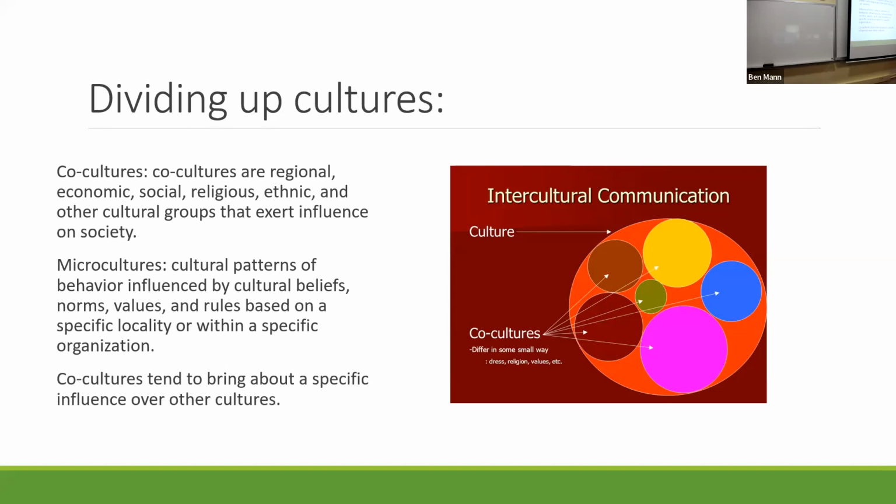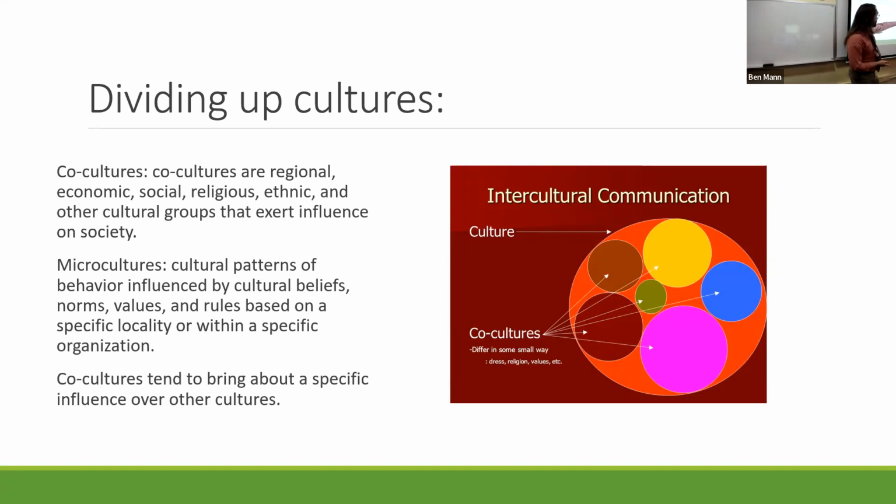And then in addition to that, we have what's known as a microculture. So a very small locality, organization, or group. For example, if you are a part of a chapter of an organization on campus, you're part of a microculture. So when we might look at a broader culture as something like baseball, well, being on the baseball team here at EOU would be an example of a microculture. A microculture tends to have much more specificity in its location, its experiences, and so on with other people.